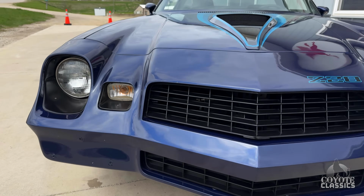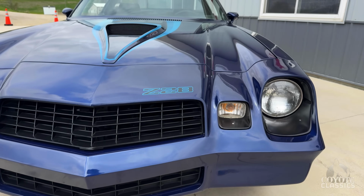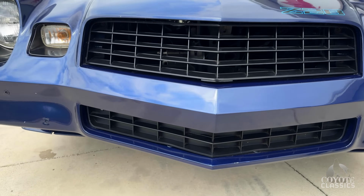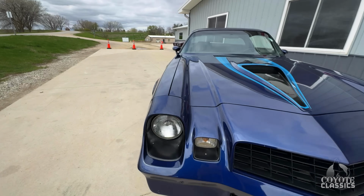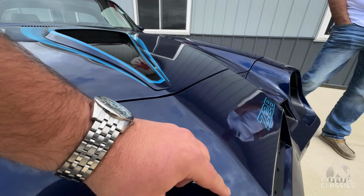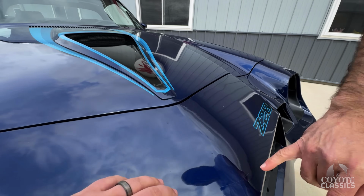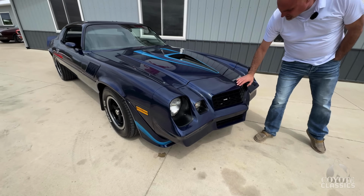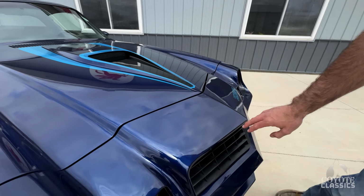Nice. You're not going to get one that the hood fits any better than this one. No. Fits awesome. Headlights, they're all in really good shape. And that front plastic bumper's in awesome shape. For any of these Camaros or Trans Ams are always really beat. There's a very small little crack there. Tiny little spider, you know what I mean? But most of the time, just a little tiny scratch across here. Yeah, you can just see it in the sun. Yeah, it's hard to see, but